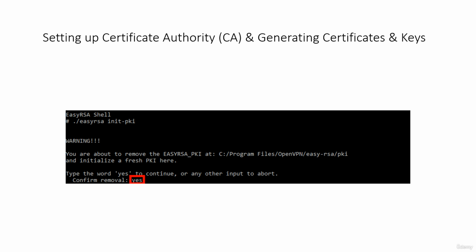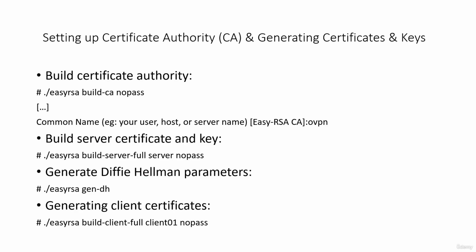type yes, and after that we need to build the certificate authority inside the terminal. So we type this command. Then we need to build our server certificate and keys, so just type this command. And then we need to generate the Diffie-Hellman parameters, which is easy. This line in the command prompt will generate the Diffie-Hellman,